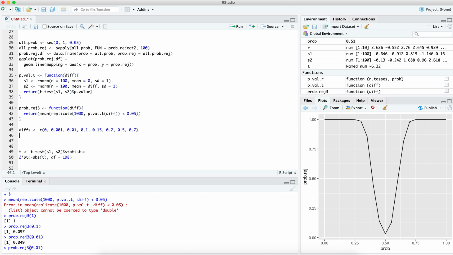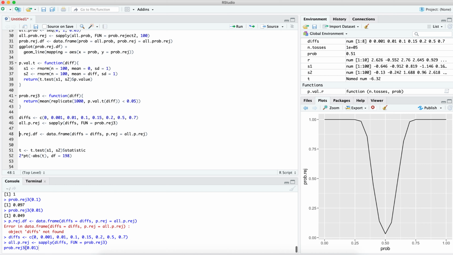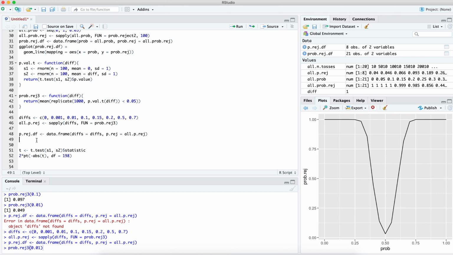And now we'll again sapply. So opreg is going to be sapply, diffs, function is prob.reg3. And pregref is going to be data.frame. And we'll say diffs is just diffs. And probability of rejection is opreg, this. And now we can